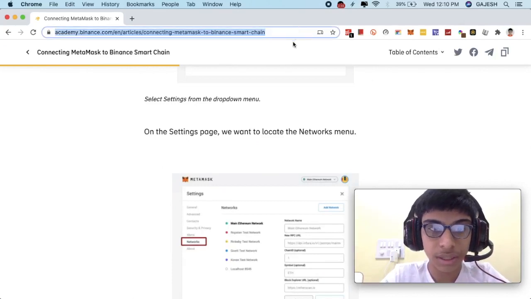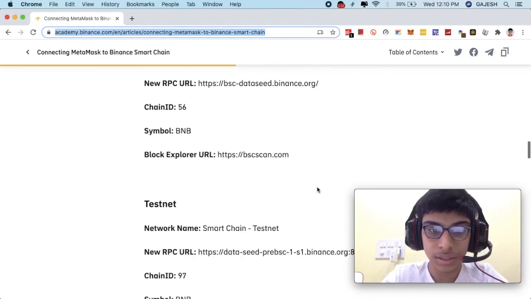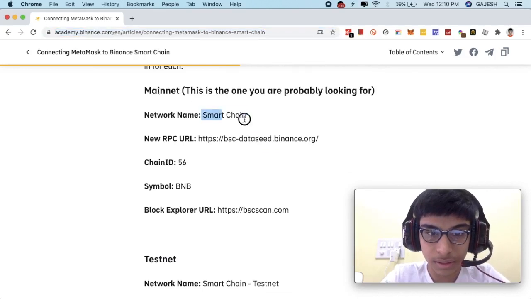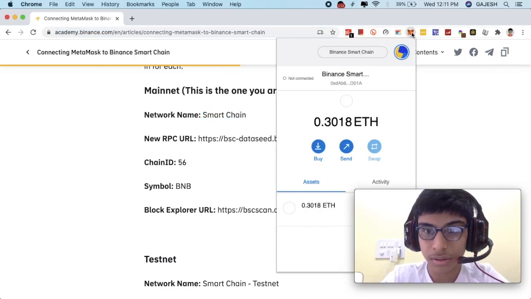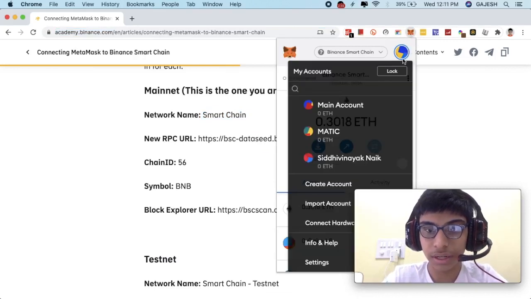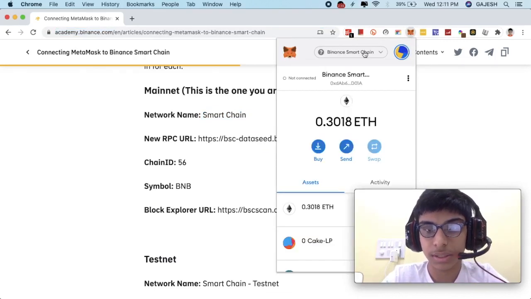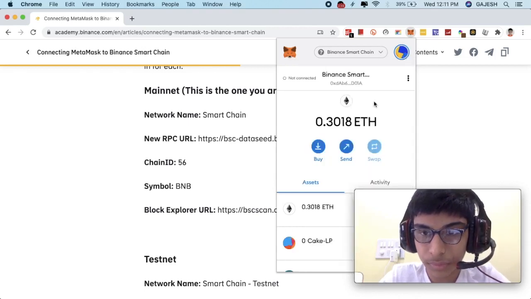Now, I've put this link in the description. You can open it and save these details to MetaMask. Now, first you have to create a wallet, and next